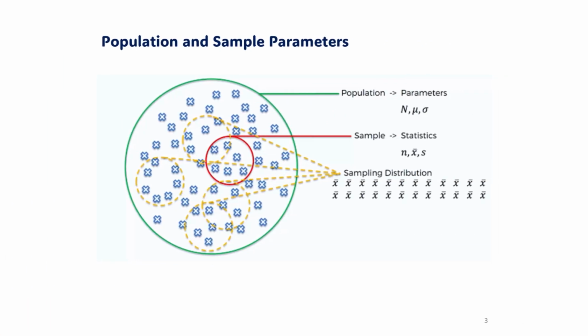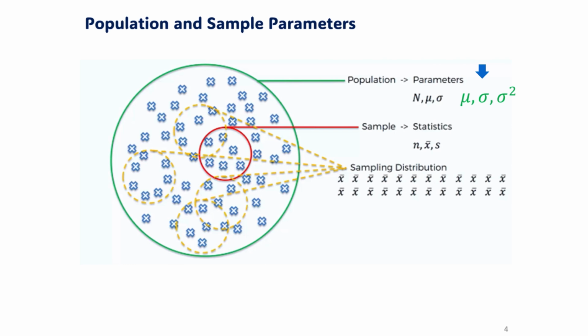In statistics, population parameters are values that describe characteristics of the entire population. These are usually fixed but unknown because it's often impractical to measure the whole population. Here are some key population parameters. Population mean, denoted by mu, written as the Greek letter mu, represents the average of all values in the population. Population standard deviation, denoted by sigma, written as the Greek letter sigma, measures how spread out the values are. Population variance, denoted by sigma squared, is the square of the standard deviation and shows the average of the squared